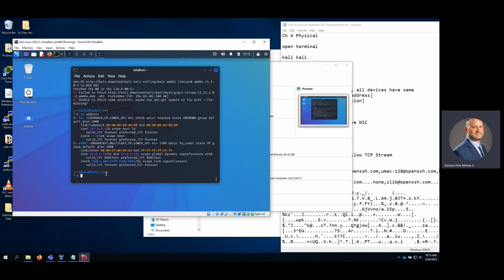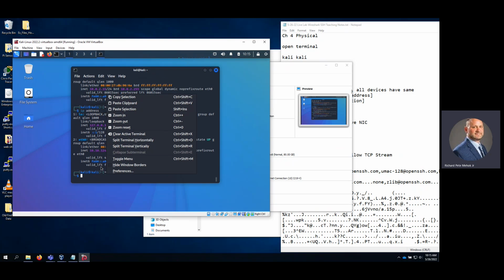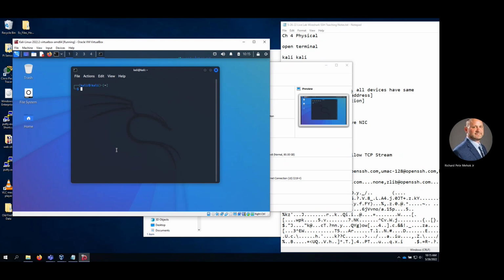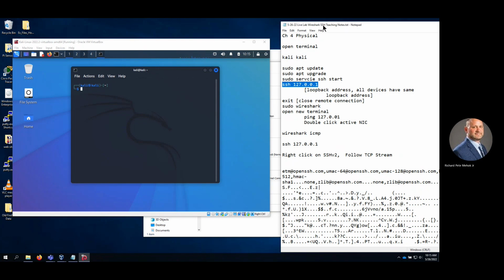So arrow up. And if you need to do this at home, this is what you want to do to make sure you get an IP within your network. And then you can see that now my IP changed, 10.10.124. So that's a default for the NAT. So change it to bridge, and now I'm on my network. All right, so I'm going to clear the screen. So let's turn on SSH by doing sudo